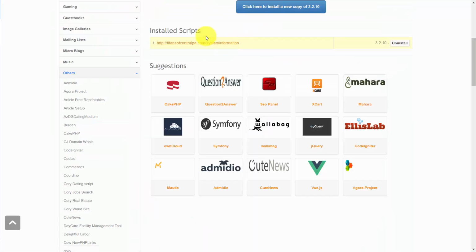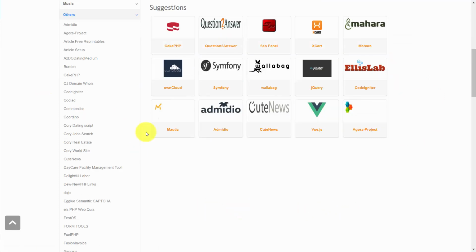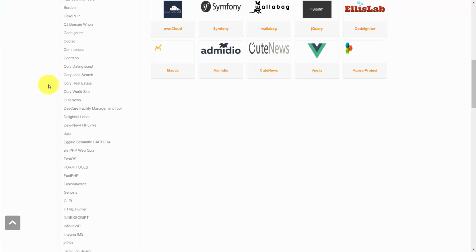And of course, when you look into the suggestions area, you can find similar installations that will give you some of the same information. So in some cases, when the program isn't working properly, you can find what you need